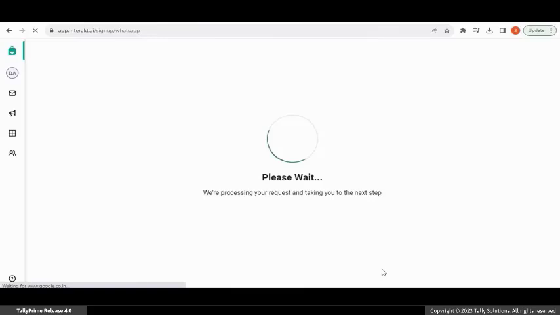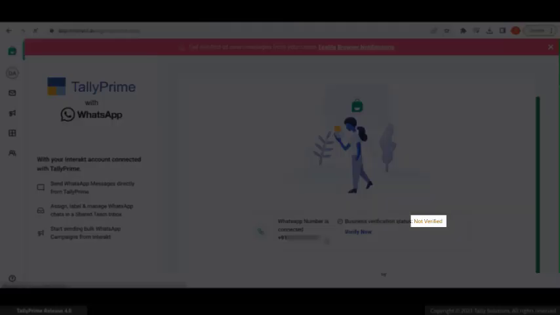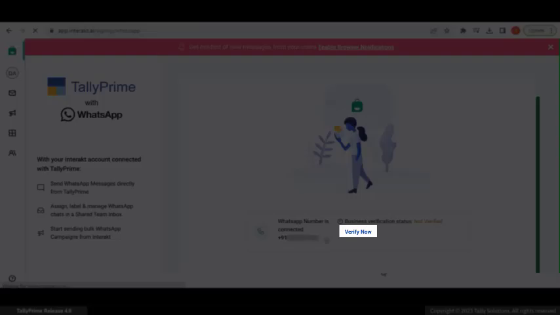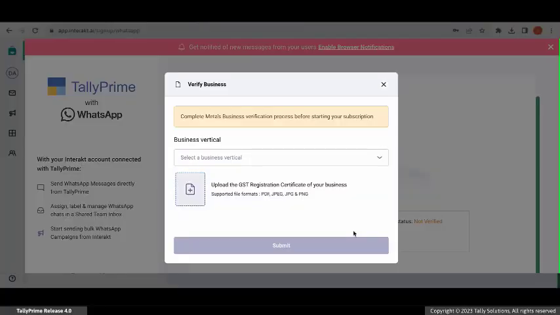After adding your contact number to your WhatsApp Business account, you can proceed for the business verification process. You can see your business verification status as not verified if your business verification is pending. Select Verify Now to start the business verification. Select the business vertical.